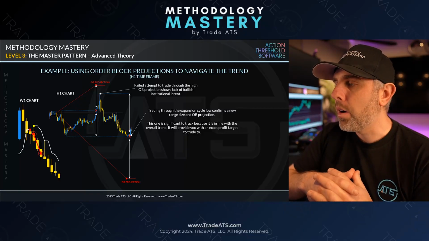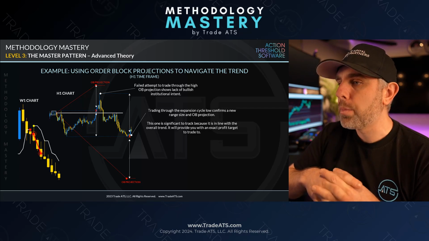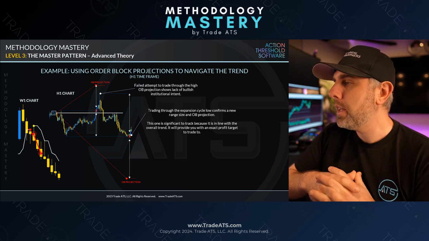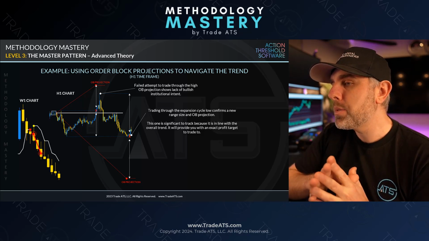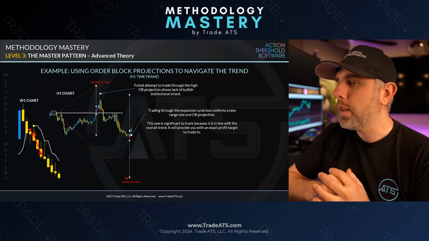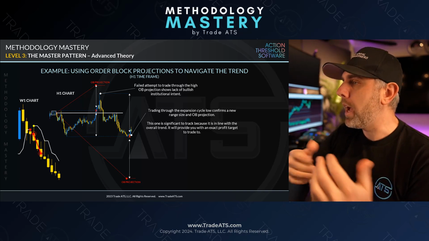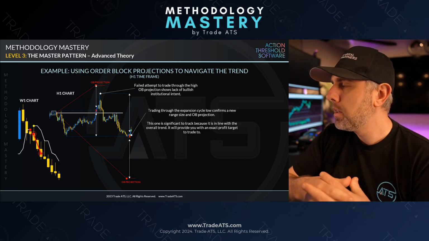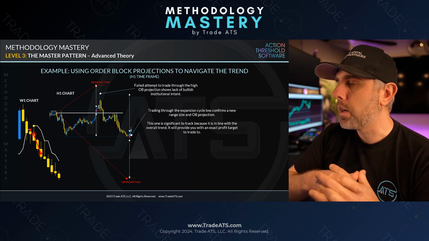You can count on the fact that eventually you will go a minimum of 100% of the range size. You will hit one of these order block projections, usually the biggest one. You will hit the biggest one eventually. So right now, let's say that is 100 pips from that swing low liquidity to that low order block projection. What does that do for our strategy and our forecasting? We know that in some amount of time, there is 100 pip opportunity in this market.